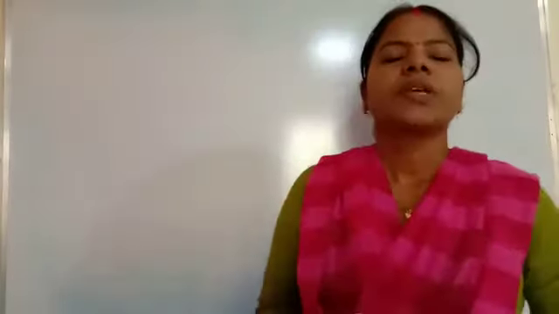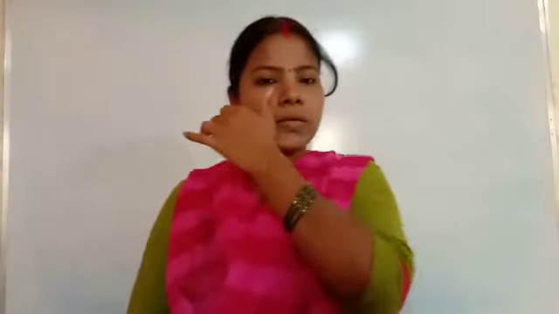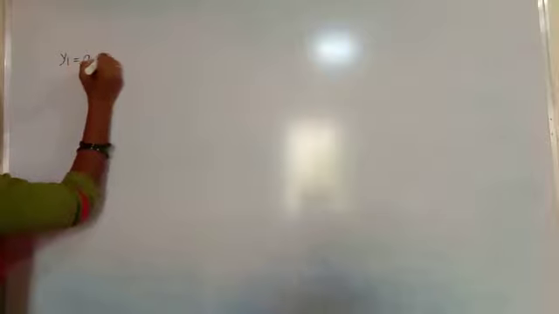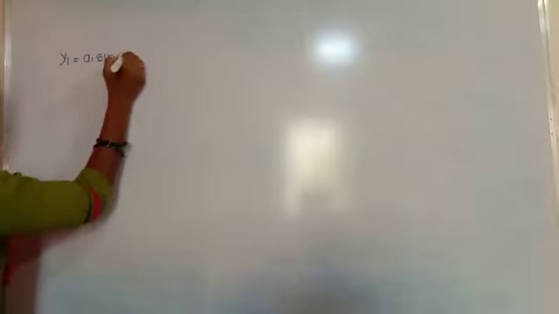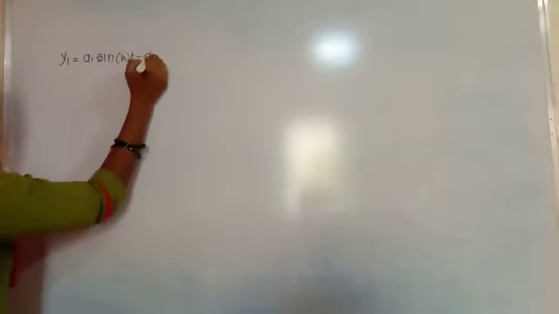Hello, good morning. In the previous class, we had studied the interference of two light waves. In that topic, we have completed up to the resultant amplitude of the two light waves, which we calculated in the last class. For that, we are taking two light waves, the first denoted by y1 equals a1 sine (omega t minus phi 1).